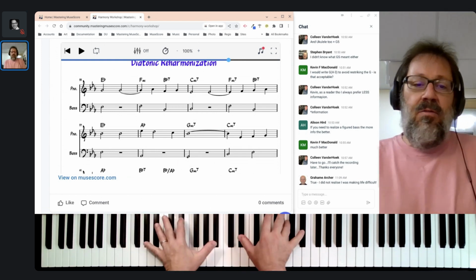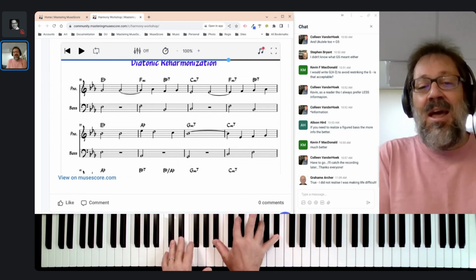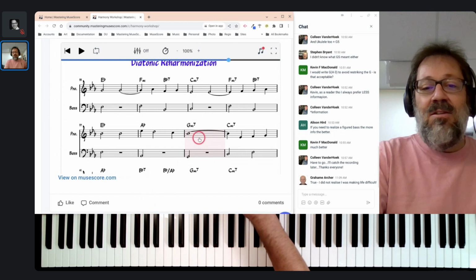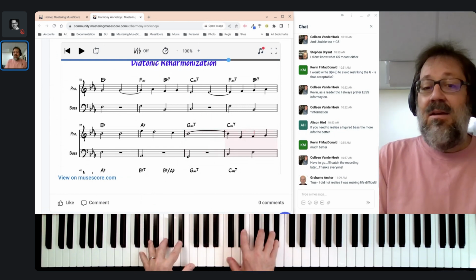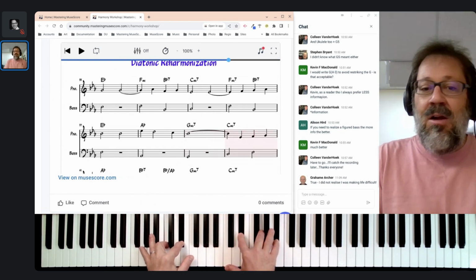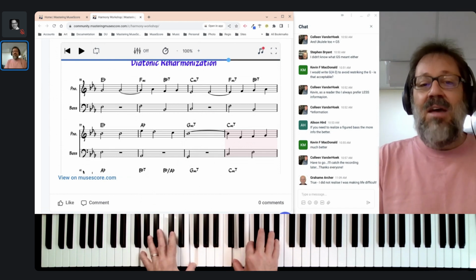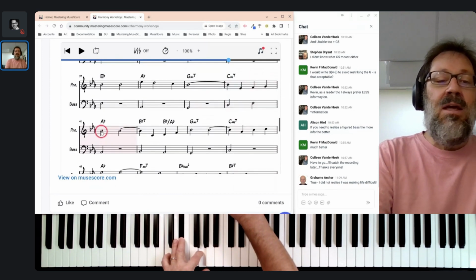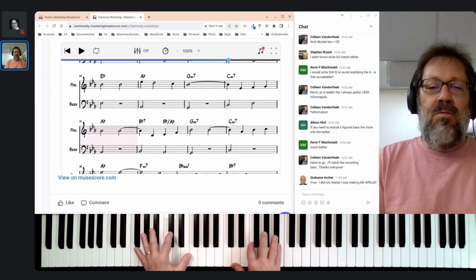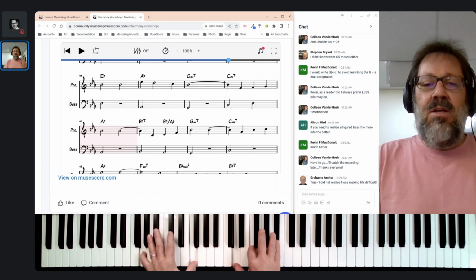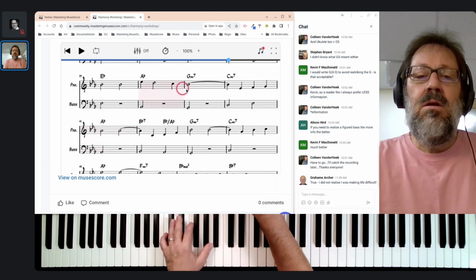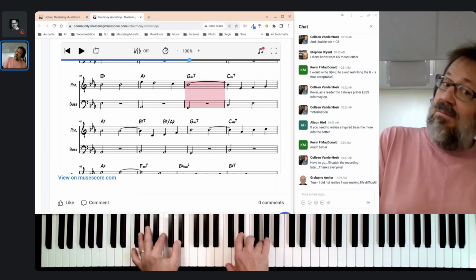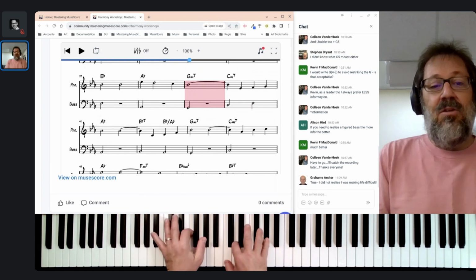But then 1, 4, and then going to 3 and a 6, because this, again, was originally going to be 1. But by taking that 1 and turning it into 2, into 3 and 6, right? Those are substitutes for 1. But it gives us that circle of fifths motion, and then that 6 chord could have moved directly into a 2 chord, and that's what I probably would have done, because the 3 chord to 6 really kind of wanted to go to 2 to complete that circle of fifths, to 5,